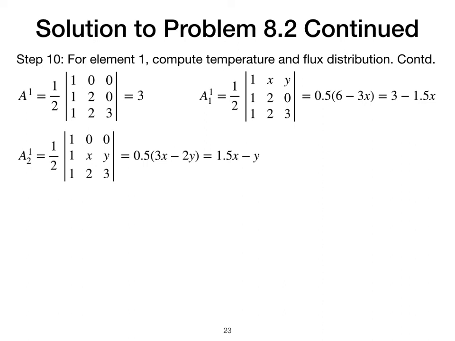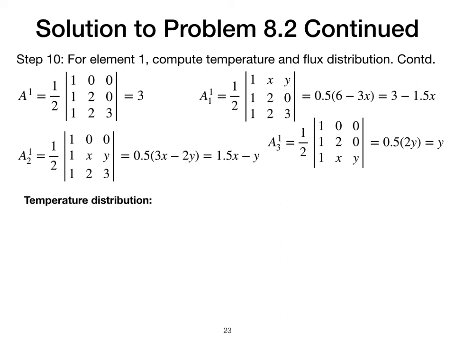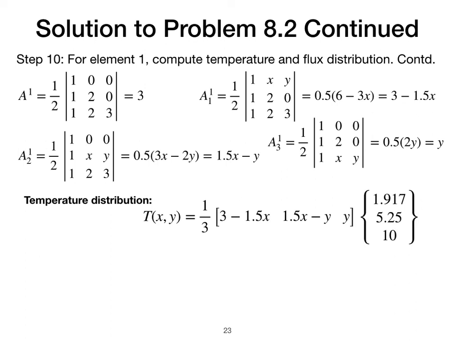Similarly, A2 is equal to 1.5x minus y, and A3 is again expressed in terms of a determinant containing x1, y1, x2, y2, and the value is y. So temperature distribution T(x,y) is given by